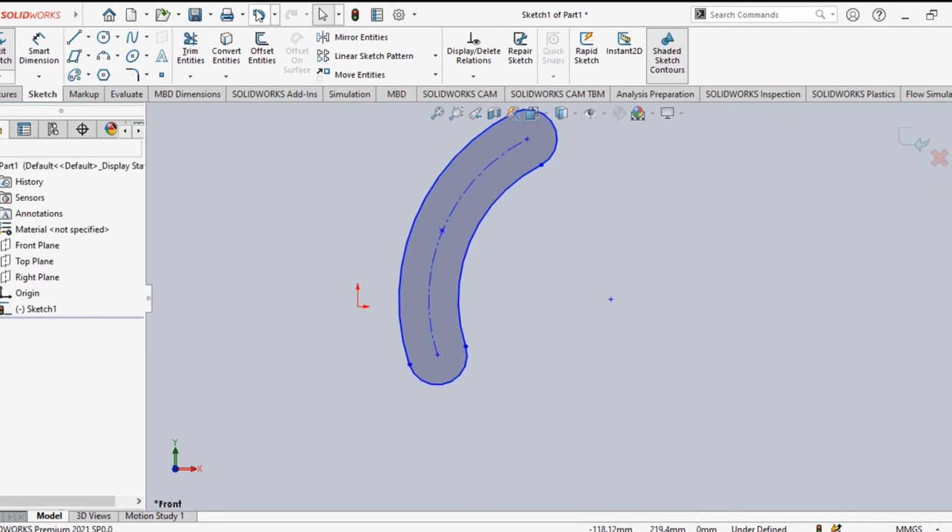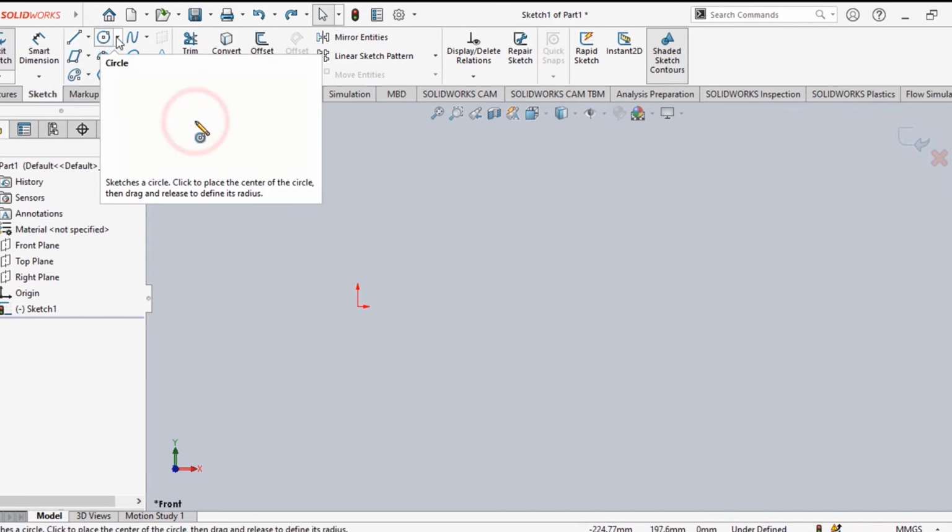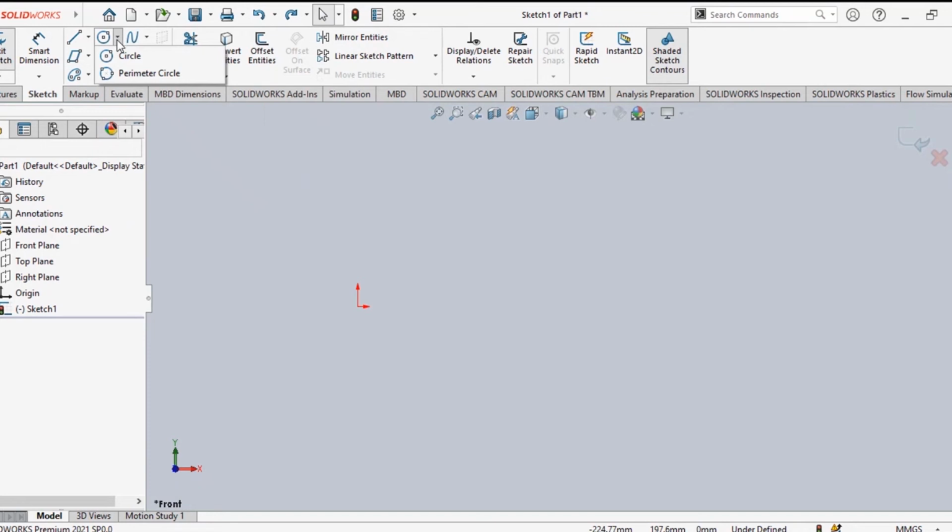Let us cancel this with undo. Now what is available? You can see the next one is circle. Again, for circle also different options are available. You can see circle with center point and also circle with 3-point. You can draw a circle with different options. First one is center and radius, and second option is 3-point. With 3 points you can make a circle. The 3 points will be on the circumference or perimeter of the circle.